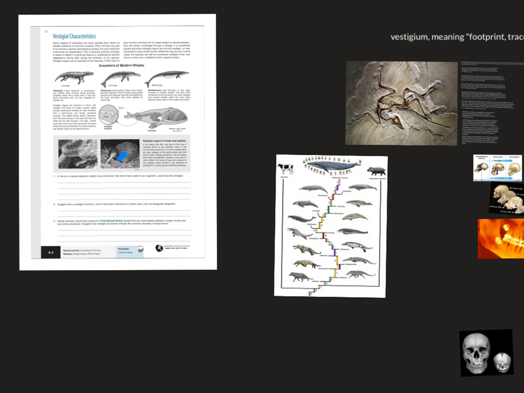But over time, its ancestors that had smaller wings and more leg muscle were selected for, and those that had the wings and smaller leg muscles were selected against. Those that didn't have wings had more babies, and now that's all the genes that you have in that population. Same with whales. Now they're all true breeding. Now whales are born without back legs. They just have these little bony leftovers.